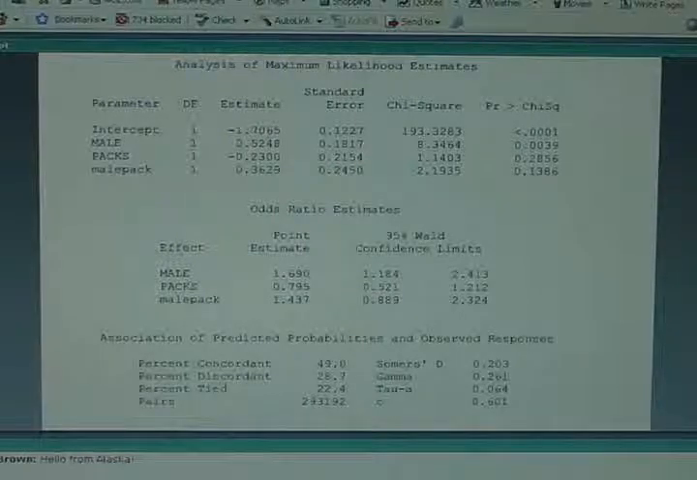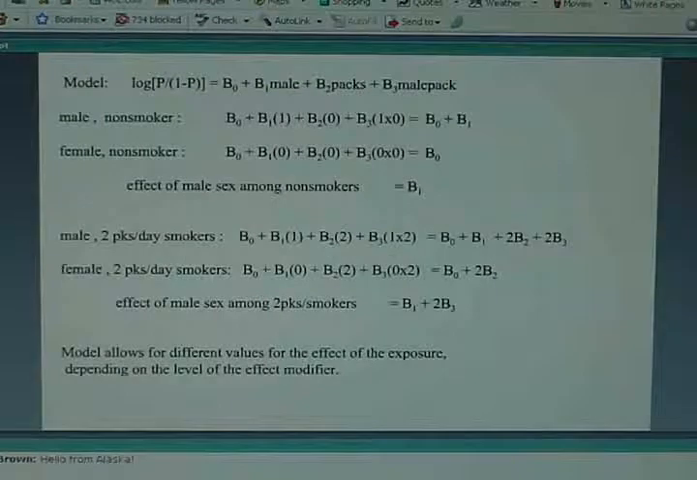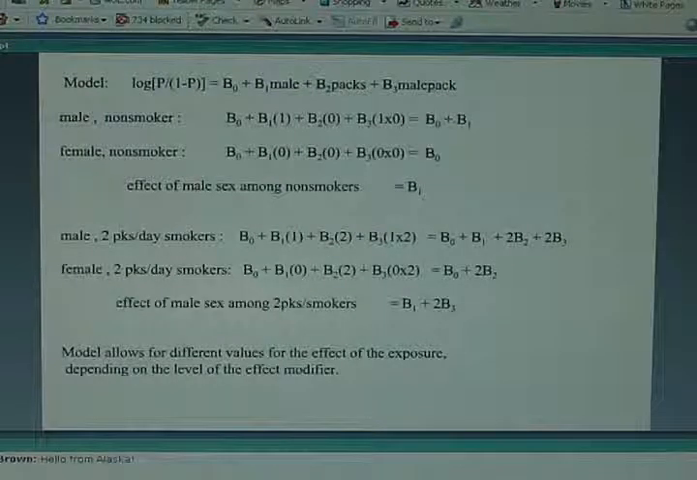That's the slide I just skipped over. Remember, here's our model, B0 plus B1 times male plus B2 times Pax plus B3 times male Pax. What does this model say about the effect of being a male versus a female? If you're talking about non-smokers, Pax is equal to 0 for those people. Male Pax is going to equal 0, regardless of whether you're a male or female. So a male non-smoker